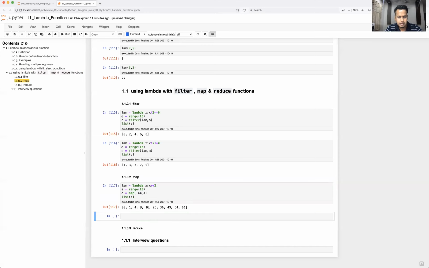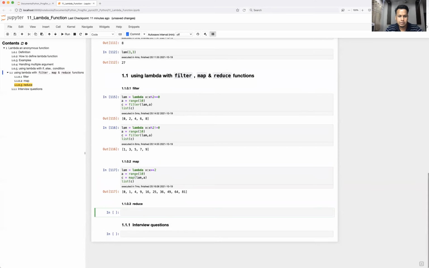Now let's talk about reduce. What it does, basically, reduce. Those who have not seen the previous video, please watch it. I have talked about reduce, map, and filter in detail. So basically reduce will take two arguments from the given sequence, perform some operation, and the output will be combined with the next element of the sequence. Okay, and it will keep performing and it will finally provide the final output.